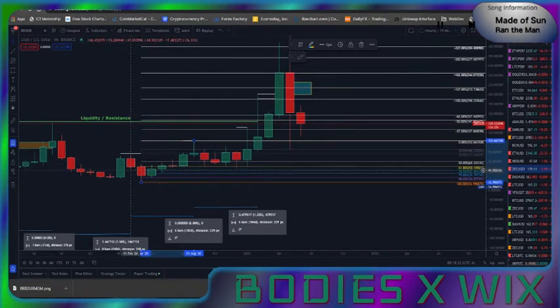They have little wicks, little tails. If you put them together on a 2 month, if this was a 2 month basis, you wouldn't even notice that this was a candle. But actually, we're going to be using just the 1 month for this one because that's what it's going to react off of. So it moves up here. It breaks the